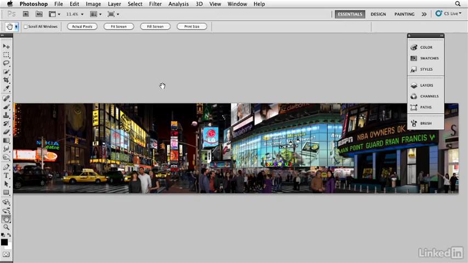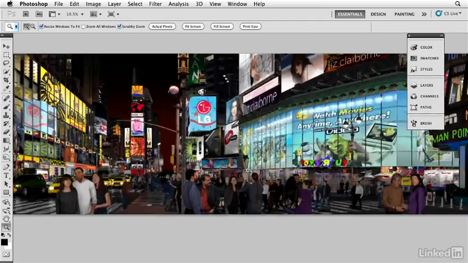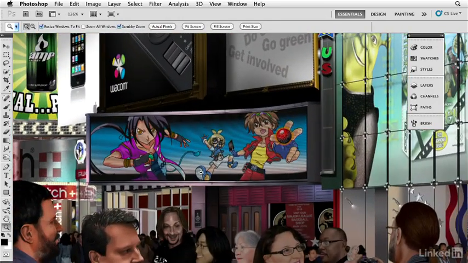The masking power of the clipping group is something that's essential in creating many of the pieces in Times Square. I'm going to zoom in real close here on this little marquee, and this area here is what I want to talk about right now. Now, the clipping group is just using the base layer of a group as a mask for all the layers